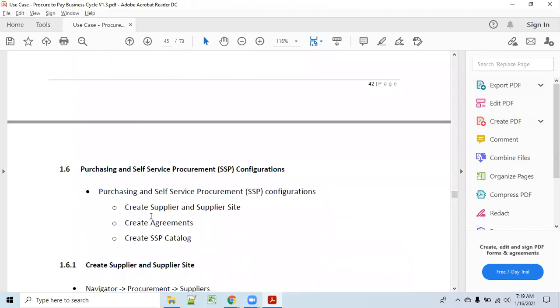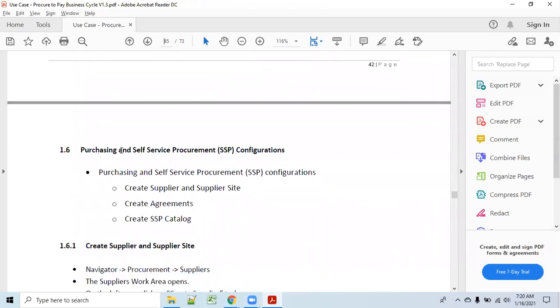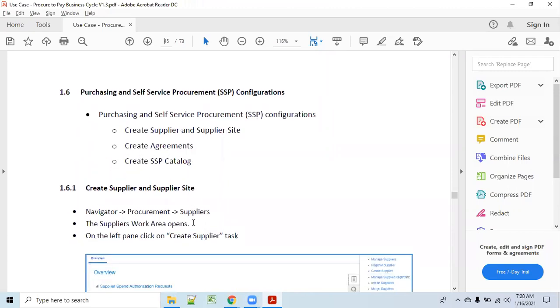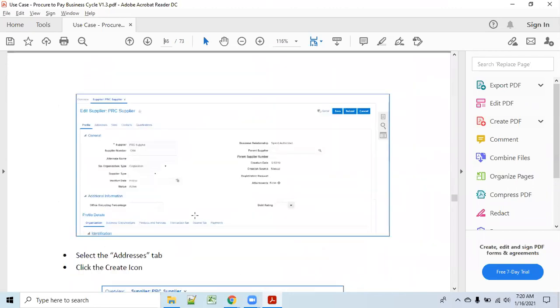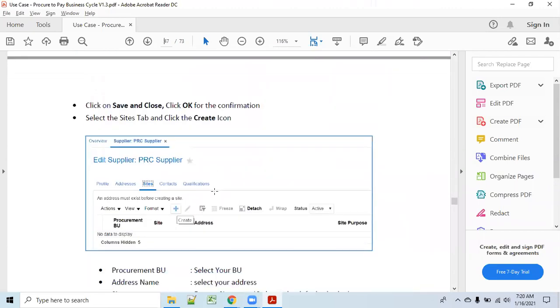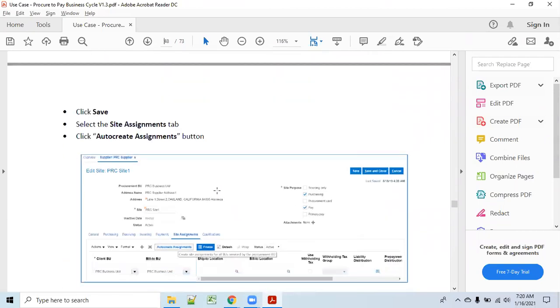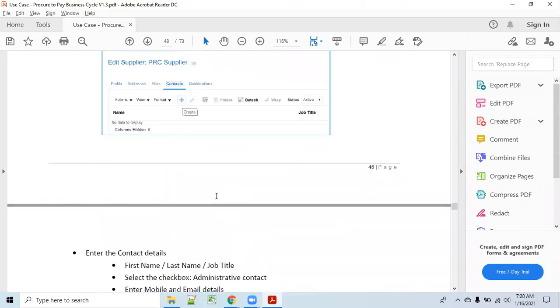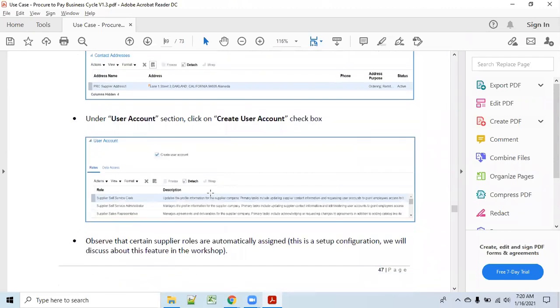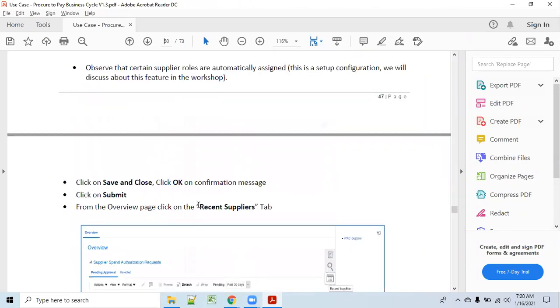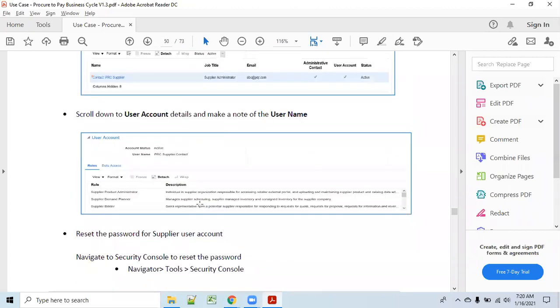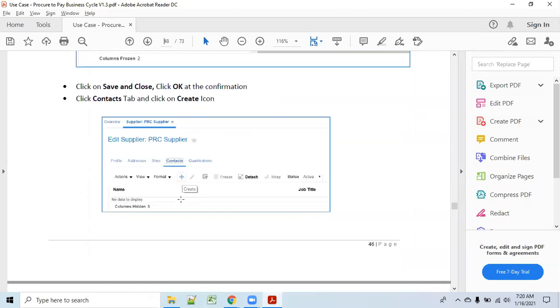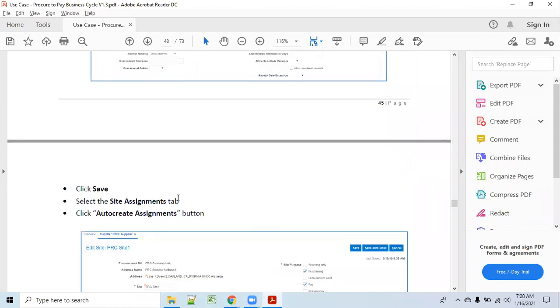Okay. And after that, supplier site agreement, SSP. These things anyhow we'll see. Supplier creation. This is supplier site creation. Next, bill-to, ship-to. Anyhow, these things we will take up tomorrow. So from my end, these are the things which